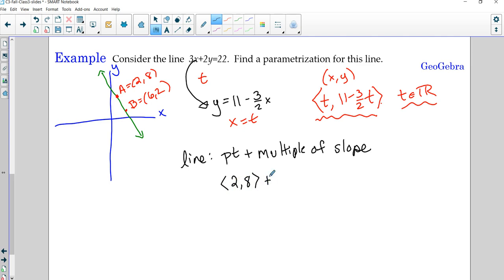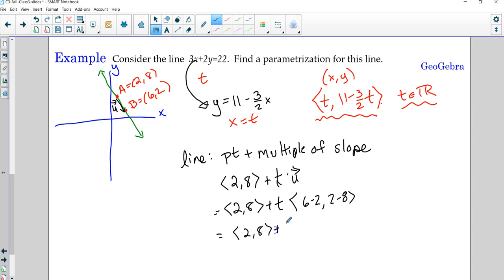But then a multiple of a slope, I can represent that as t, our parameter, and then the slope would be the vector between A and B. From A to B, this is going to be the vector u, so if I write that here, it's going to be t times vector u, and so I get the vector <2, 8> plus t, and then to find that vector u, the x coordinate is going to be the difference in the x's, so 6 minus 2, and then the y is going to be the difference in the y's, 2 minus 8. And so then I get <2, 8> plus t